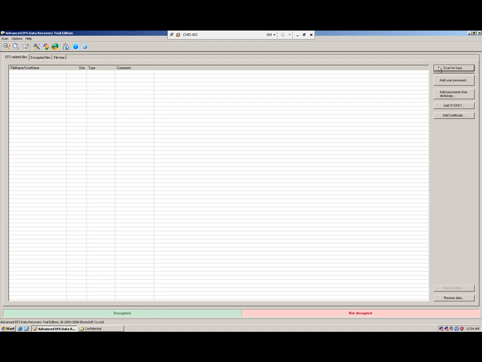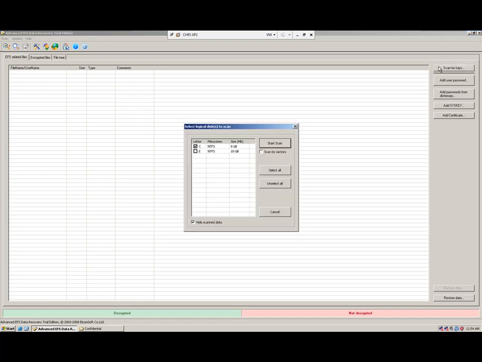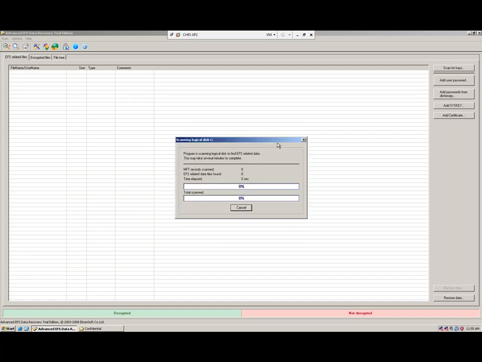So the first step, I will scan for keys by pressing the Scan for Keys button, and then it will ask for the partition. Which partition do we want to scan? I will choose C, because all the files that I need are on the C partition, and then start scan. This will take several minutes while Advanced EFS Data Recovery searches for the keys.